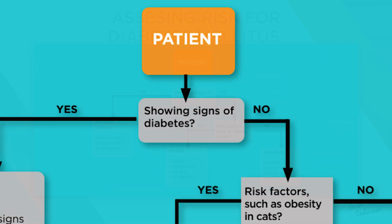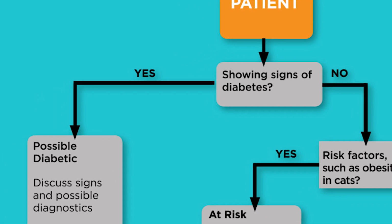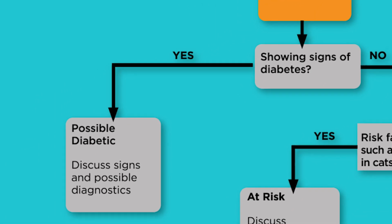Yeah, I tend to think about this in a simple algorithm: there are three different statuses that guide the focus of our conversation with the pet owners based on what we see with the patient, which can be gotten to by asking these simple questions. The first question to ask ourselves is, is the patient showing signs of diabetes mellitus? If the answer is yes, then the patient can be labeled a possible diabetic. And the focus of our conversation and the strategy that we employ then becomes these signs that we see and the possibility of diabetes, and then the possible diagnostics that we might need to do in order to confirm or